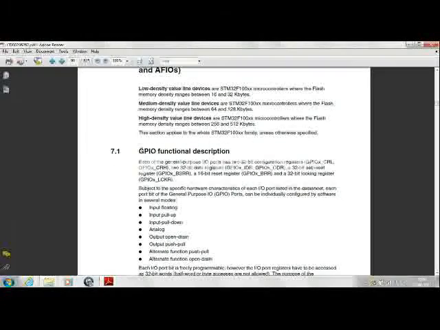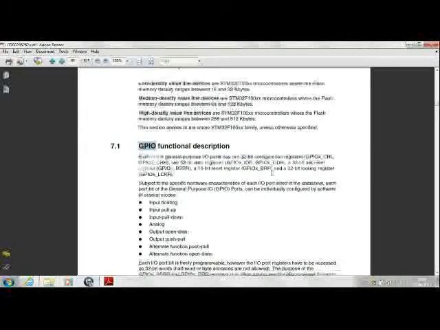For every GPIO port that is available on this microcontroller, the following are the registers that are available for you to program. As you can read, the GPIO has two 32-bit configuration registers, the lower part and the higher part, called the CRL and the CRH.